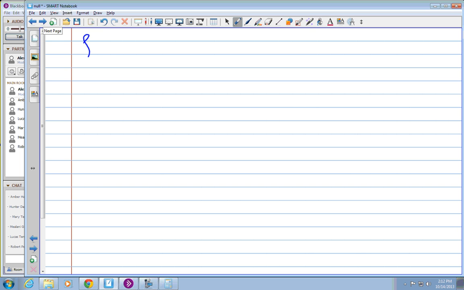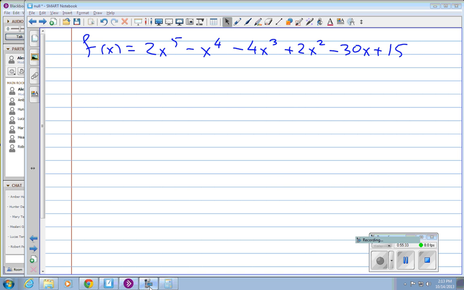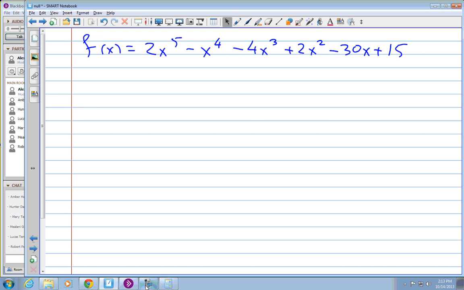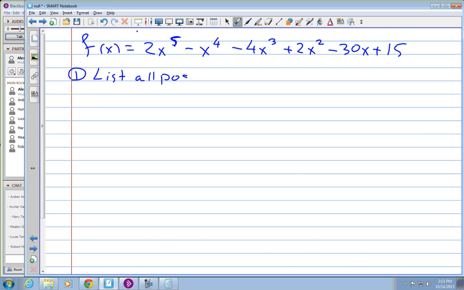So here's a polynomial f of x equals 2x to the power 5 minus x to the power 4 minus 4x cubed plus 2x squared minus 30x plus 15. Okay, I want to start just by listing all possible rational zeros. So we're going to list all possible